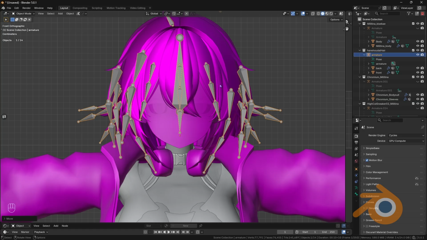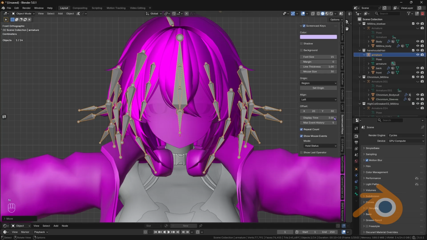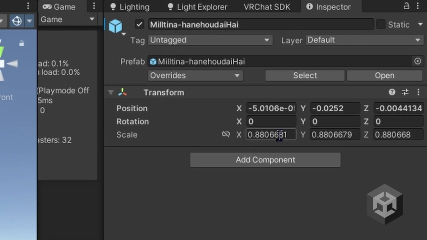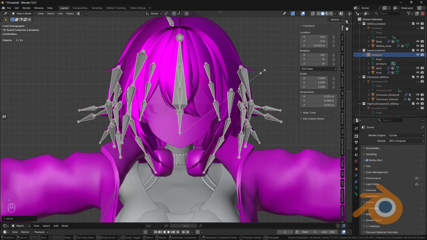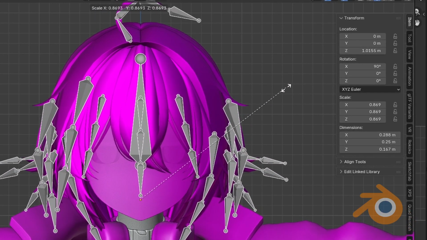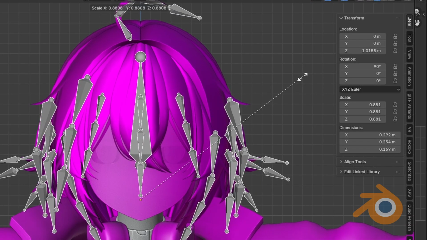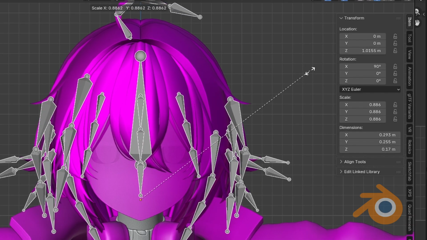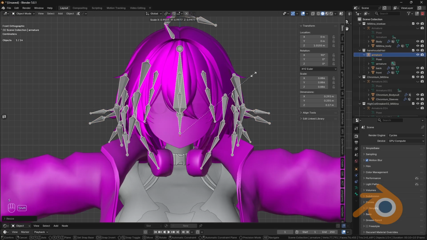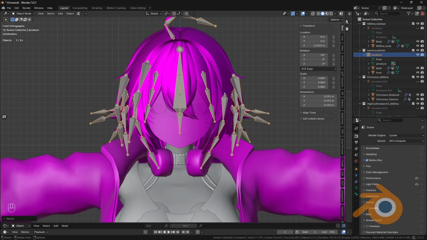So we're just gonna click on the mesh itself, open up our N panel, and go to Item, and you can see here the scale is set to 1 and our scale in Unity is 0.88. So we're just gonna scale down roughly to the same scale, and I hold Shift while scaling for a fine-tuned adjustment. Just gonna A/B by alt-tabbing back to Unity, and use Shift to fine-tune that,